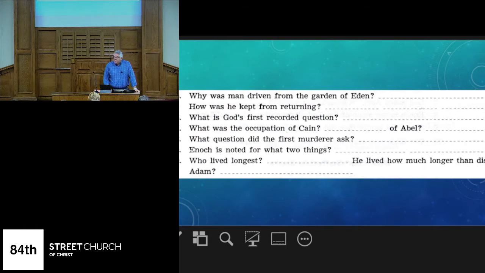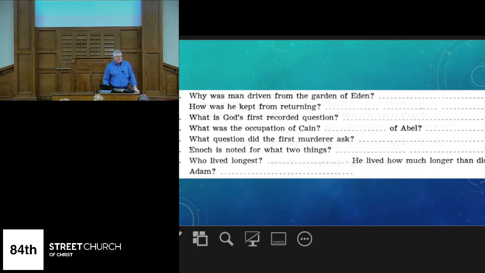If you were wanting a clear explanation to that, I can give you Harry's phone number. I will not even pretend to tell you how that works. This is a story that we know to be factual, and yet we don't have all the answers to all the details that we might be curious about. But nevertheless, man was driven from the Garden of Eden, never to return.